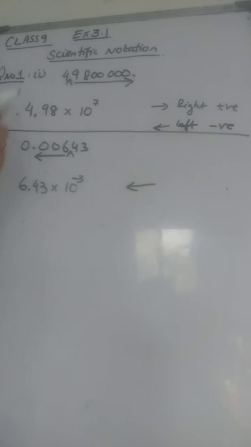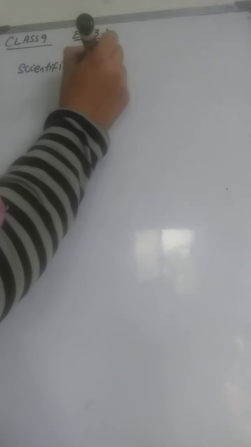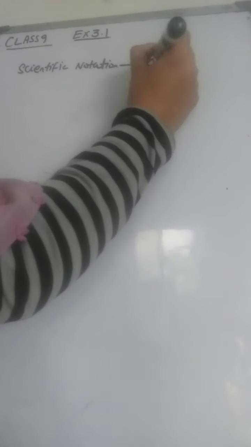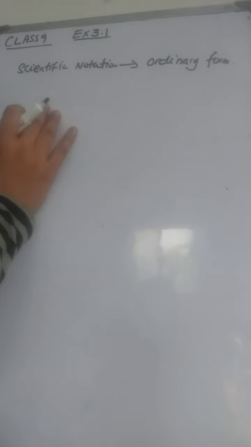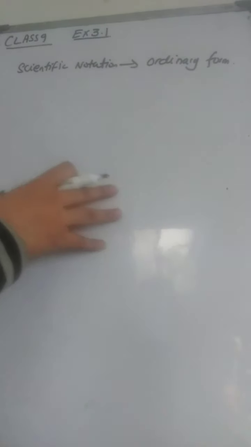So this is how we convert the number to its scientific notation. This is the scientific notation of this number, and this is also the scientific notation of this number. This is just another form of writing this number. Okay, next we are going to learn how to convert a number that is in scientific notation back to ordinary form, back to normal form. That is, if you have a number which is already in scientific notation, how you are going to change it to ordinary form. This is what we are going to learn.